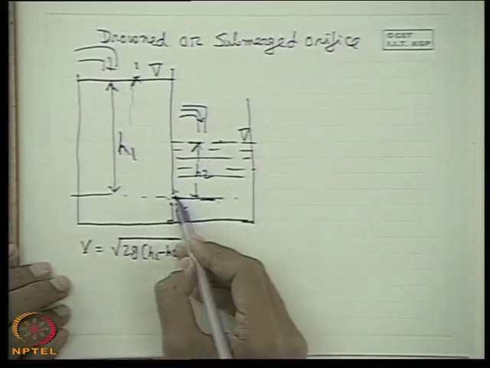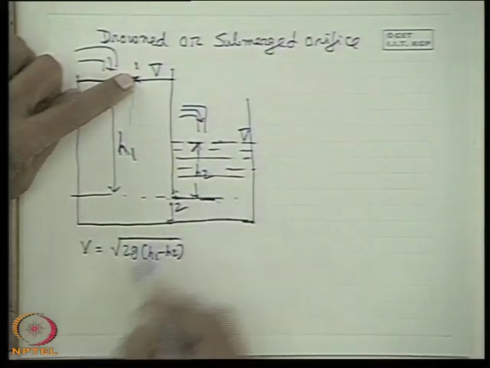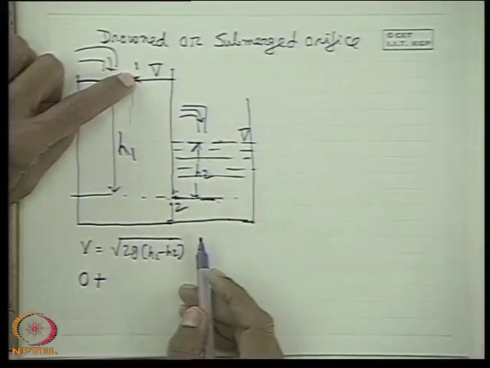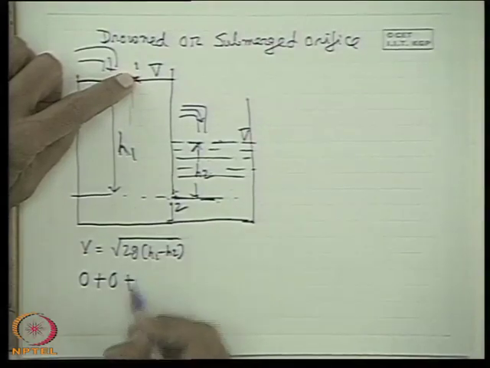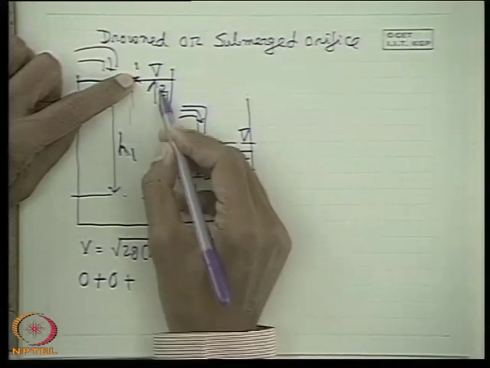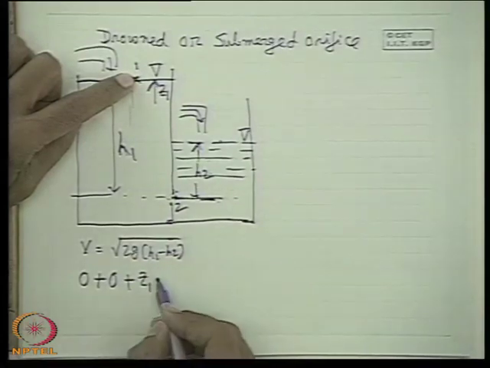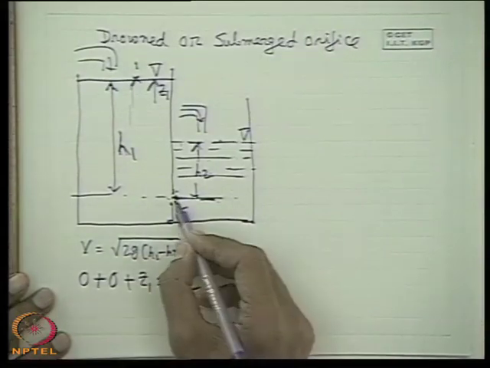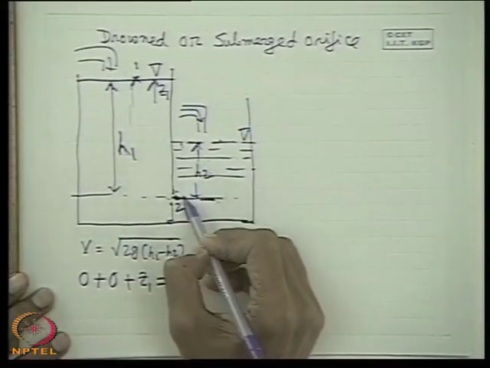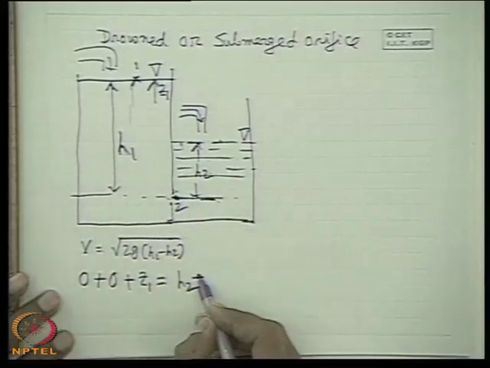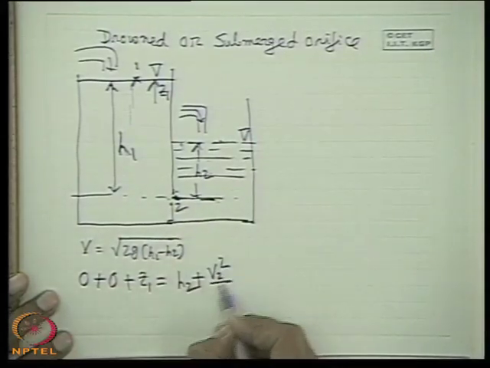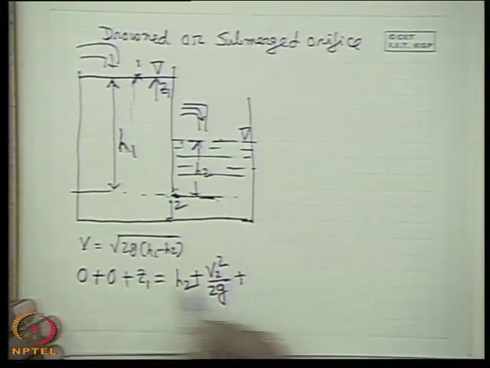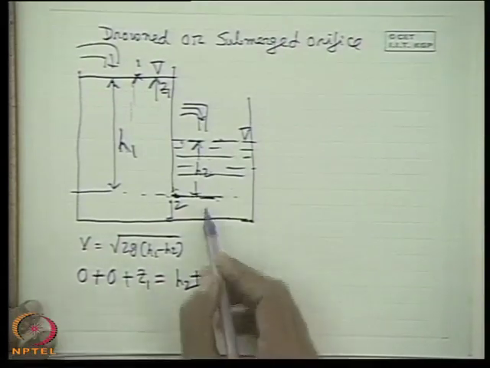Can you get it? Because you write the Bernoulli's equation, very simple. At 1, the pressure head P by rho g is 0, taking the pressure head above atmospheric, then V square by 2g is 0, let Z1 be the elevation head with respect to any reference datum, is equal to, at this point, what is the pressure head? P by rho g is h2, because pressure here is h2 rho g because of this height of the liquid column. Very simple, the velocity which we want to find out, V square by 2g, all in terms of head, that means energy per unit weight, in meters, and then the rest is its Z2.